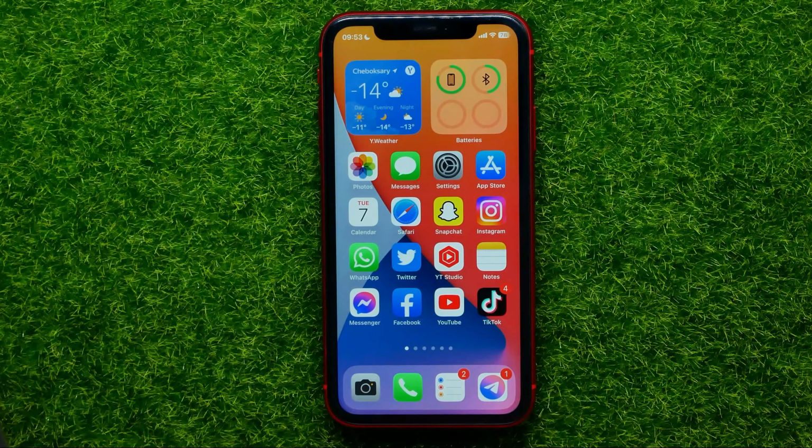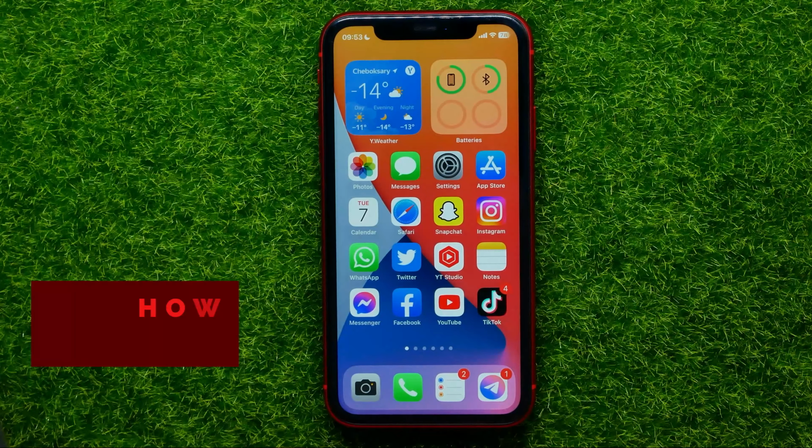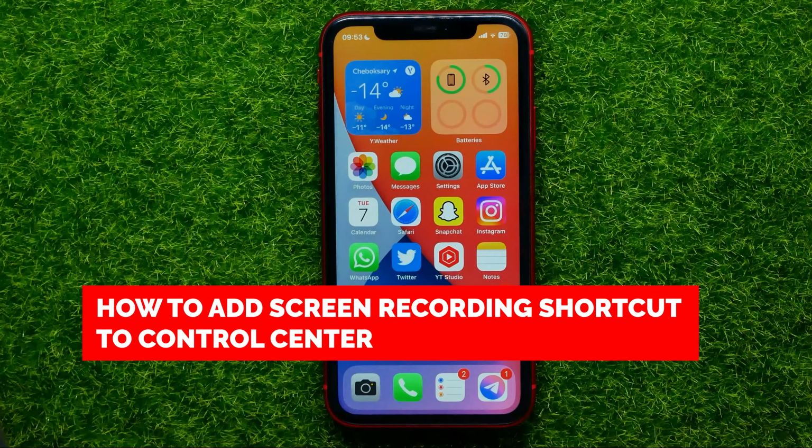Hello guys, welcome back. In this video I'm going to show you how you can easily add screen recording shortcut